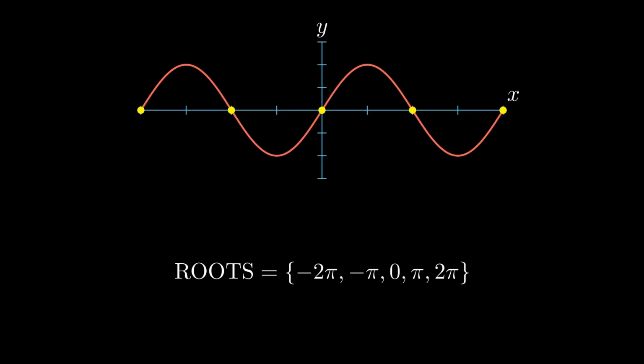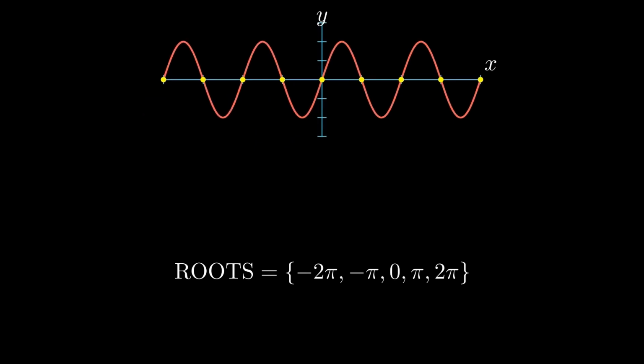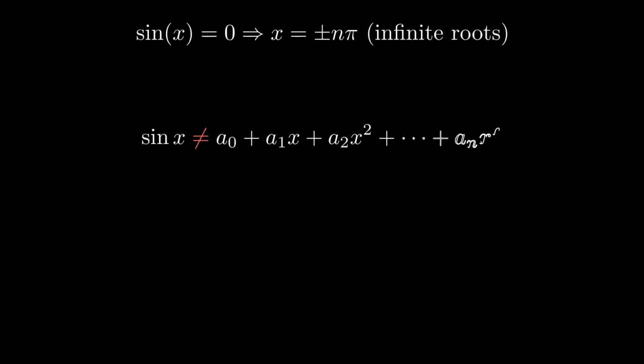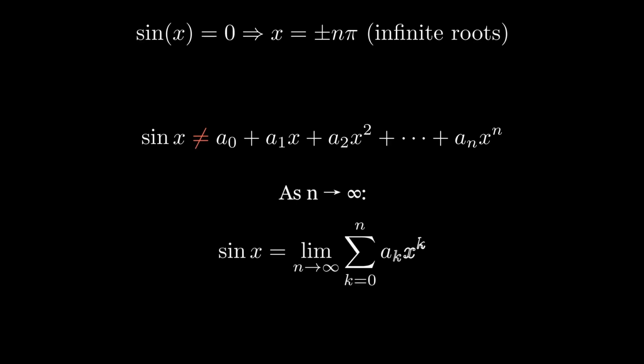Even if you were to find more roots, you can simply expand the function further in the x or y direction, and you would get more roots. This simply implies that this is a periodic function and it has infinitely many roots, and therefore it cannot be fit inside a nth degree finite polynomial. Only choice? Infinite polynomials. Therefore, we tend n to infinity, and therefore we get sin x equals